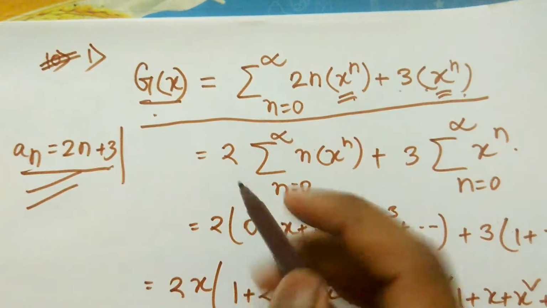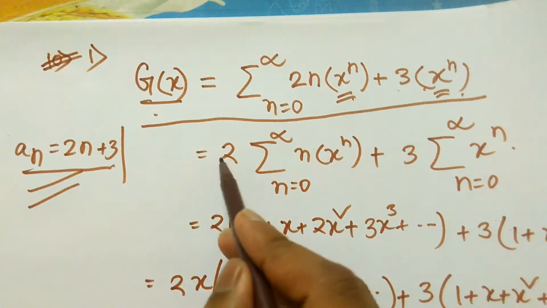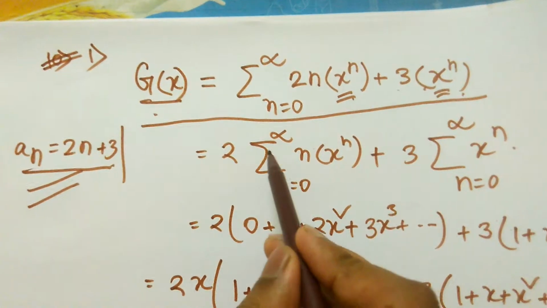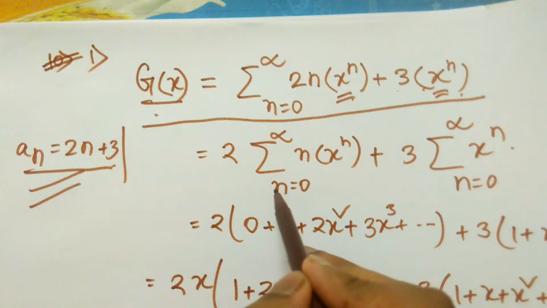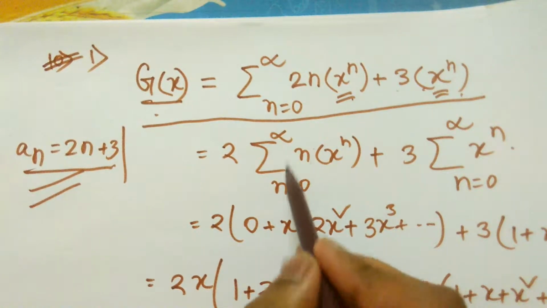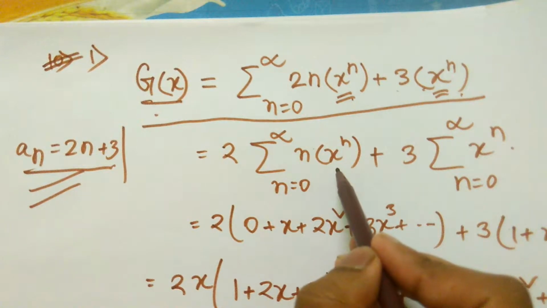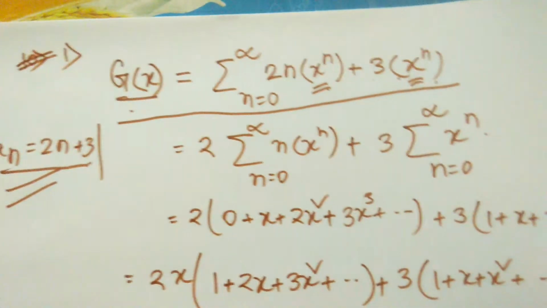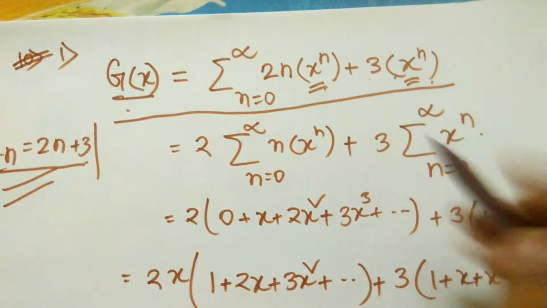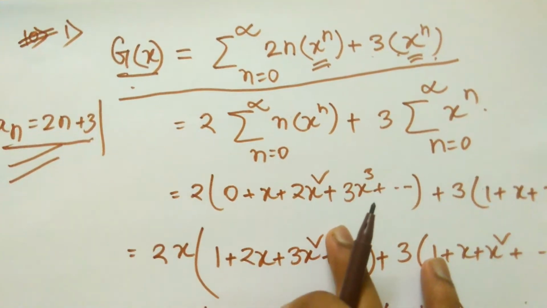So here a to the x to the power n is appended with both terms. So this thing we can write like this: 2 is getting out, and in summation of n equal to 0 to infinity, n x to the power n plus 3 into x to the power n. Okay,